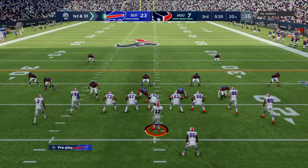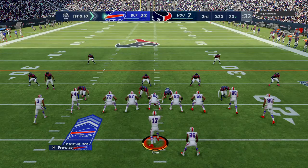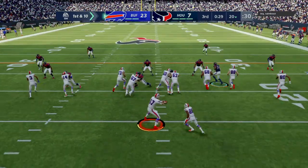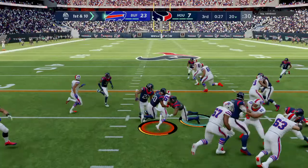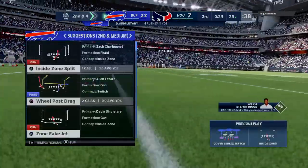The Bills come to the line to start their next drive. This is sort of what you would call a put-away drive, isn't it? They score here, especially a touchdown. It's almost out of reach. It certainly feels that way, and I think that they're going to call their plays accordingly because what you really want to do,